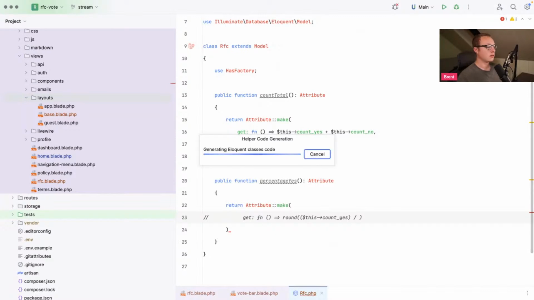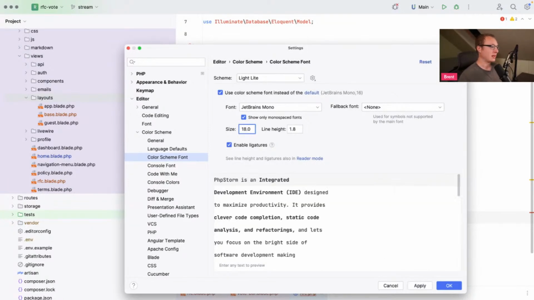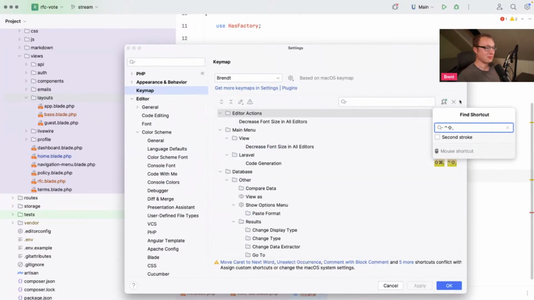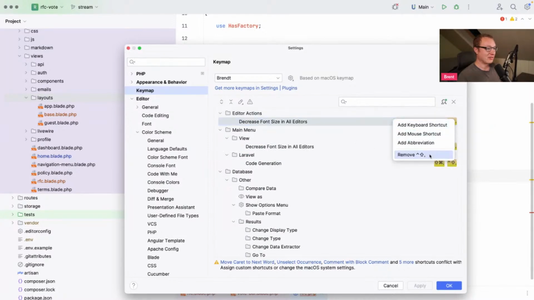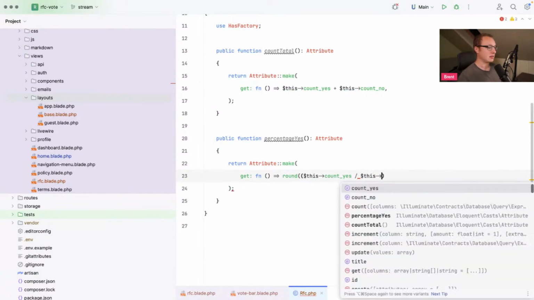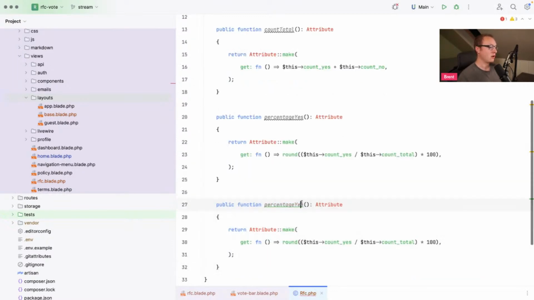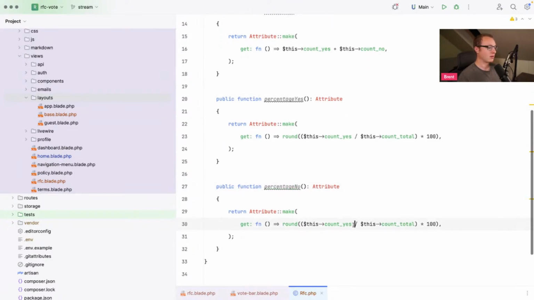I pressed the wrong button again. I have the shorthand for generating my IDE helpers, but it's right beside another button. I'm going to remove this one. Okay, so this count yes divided by this count total, and that times 100. Then we have our percentage no as well, which is the same